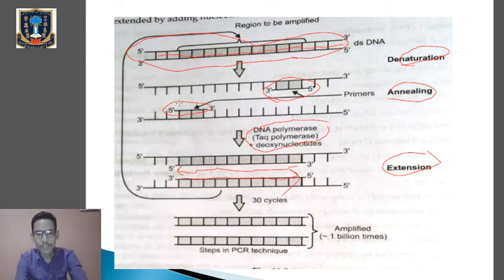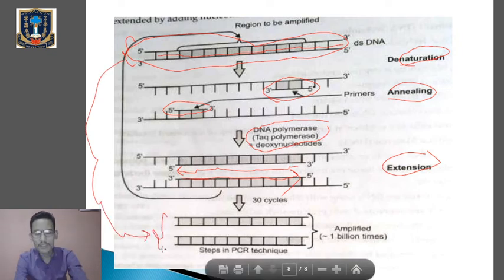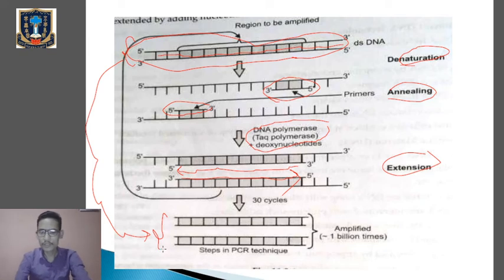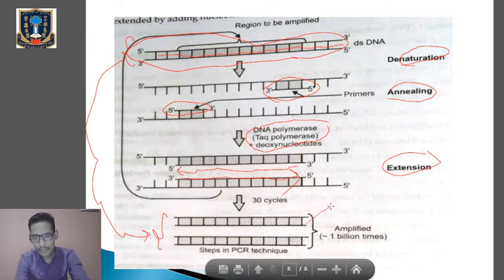So this is called extension, where the primer has been extended and new copies of DNA have been created. You can see over here that from one copy of DNA, two new DNA copies have been synthesized. Again we will continue the process. Again from here, two DNA strands will be synthesized, and again from here two more. So from 1 to 2, 2 to 4, 4 to 8. In this way the number of DNA copies having the gene of interest can be multiplied with the help of PCR. There are three stages of PCR: denaturation, annealing, and extension. And by this process, the DNA having the gene of interest can be amplified, multiplied